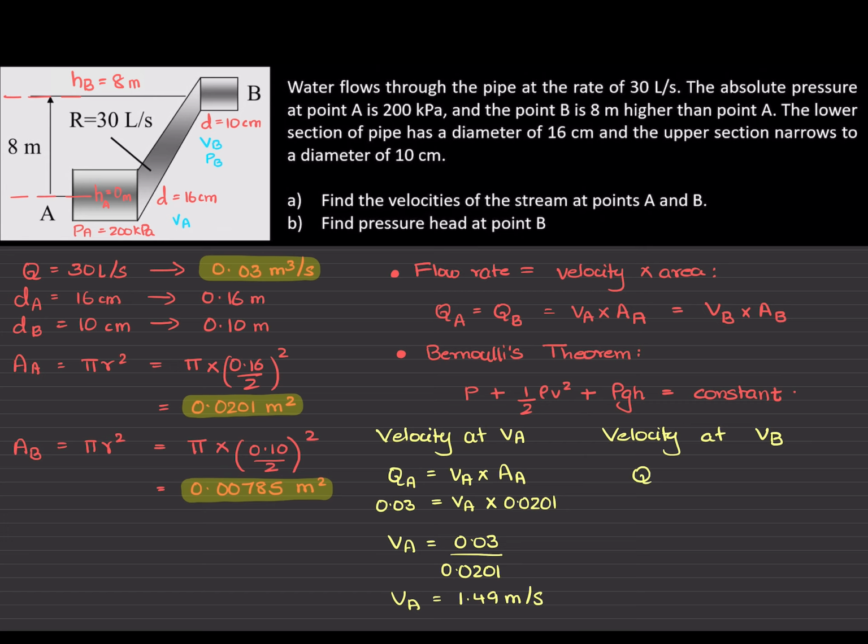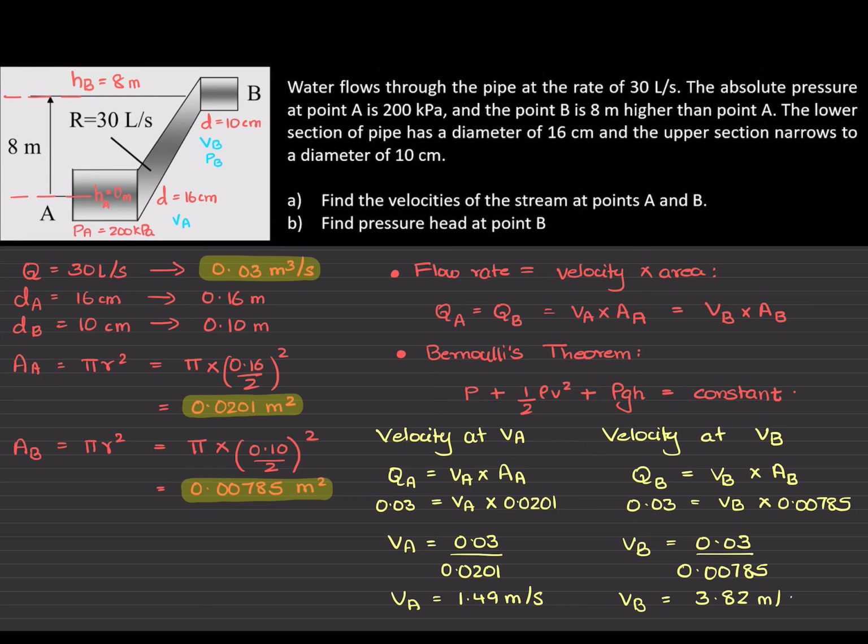Second, we can work out the velocity at VB, and to work that out we can use the flow rate equation at B. QB equals velocity at B times cross-sectional area at B. We know that the flow rate is constant, so 0.03 equals VB times the cross-sectional area, which is 0.00785. Hence VB is going to be 0.03 divided by 0.00785,